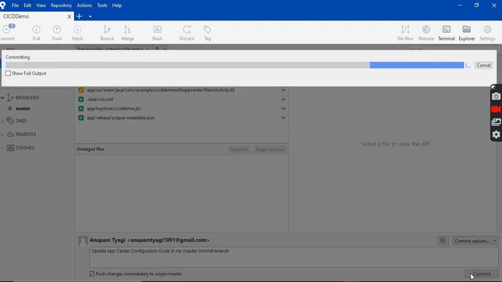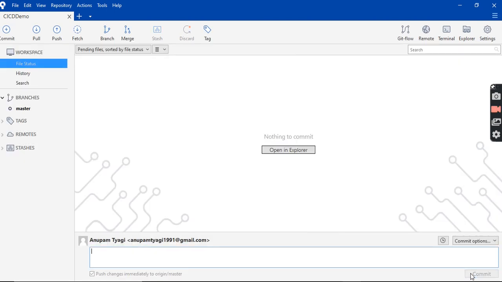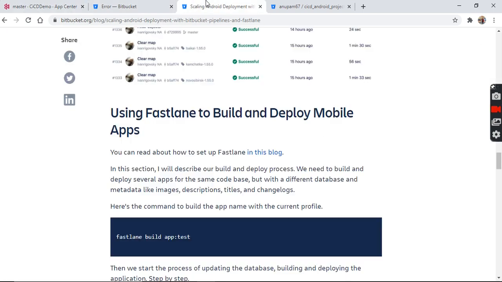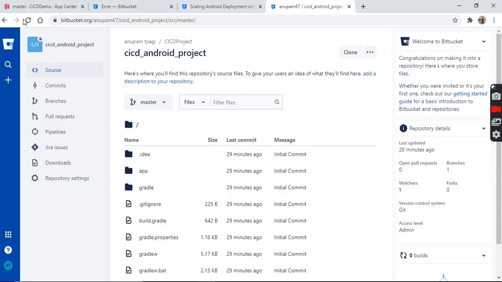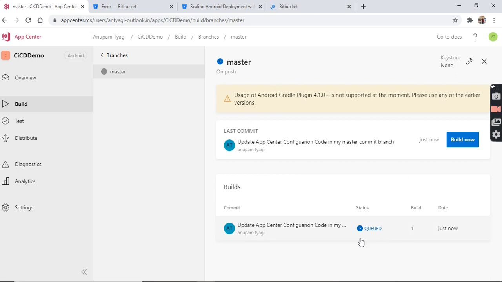As I do this, it will be reflected on our Bitbucket server code, and the build is starting on App Center as well. First, I will see here the build is queued. You can check the first commit, update App Center configuration.